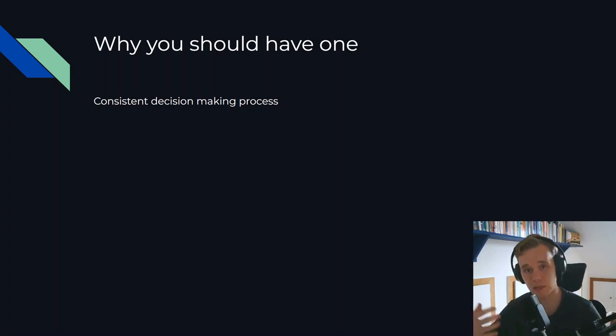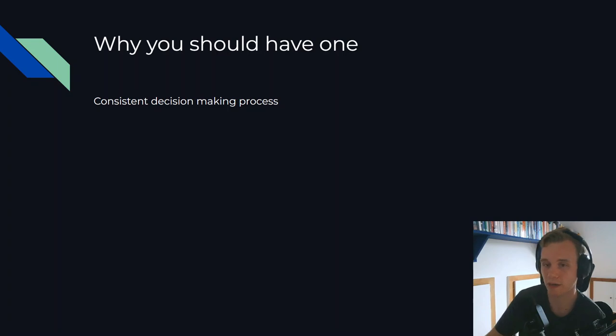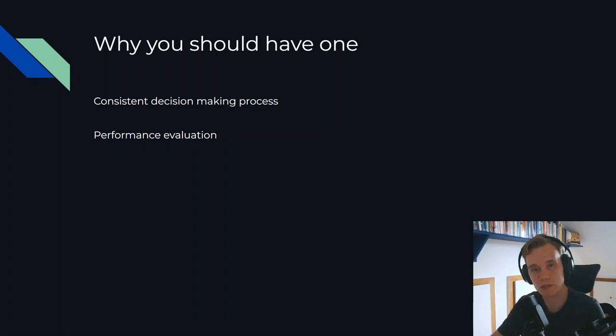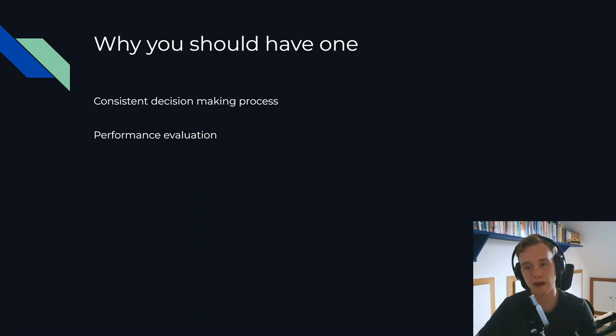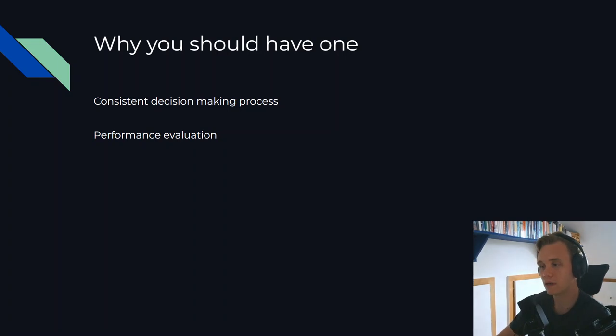When I say information, I mean the price action, the data that we're interpreting. Now, moving on to the next one is performance evaluation. When we're trading in the markets, we may have a very good read on the markets. We're predicting markets well. However, over time, if we don't have a trade plan, how can we cross-reference our performance against anything if there is no trade plan to back that?